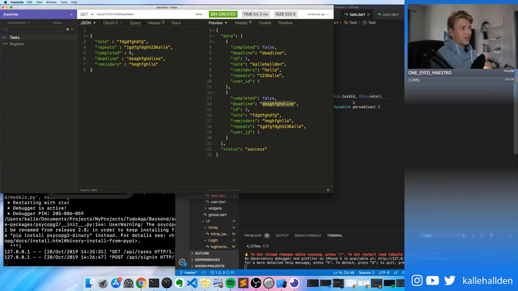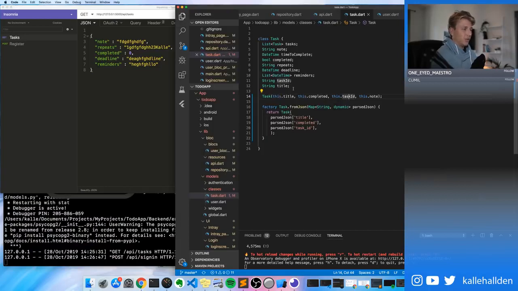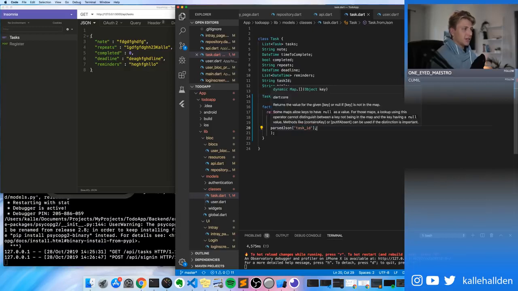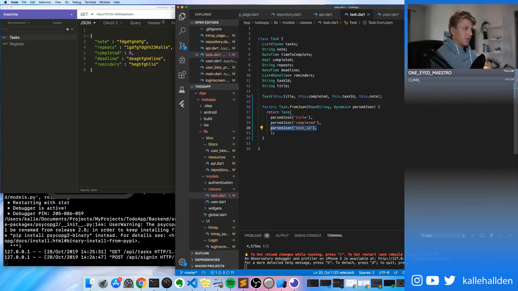So if we try to parse that within the app, then it's gonna do something really strange, which we can fix by adding a proper date into the database. But right now I don't really